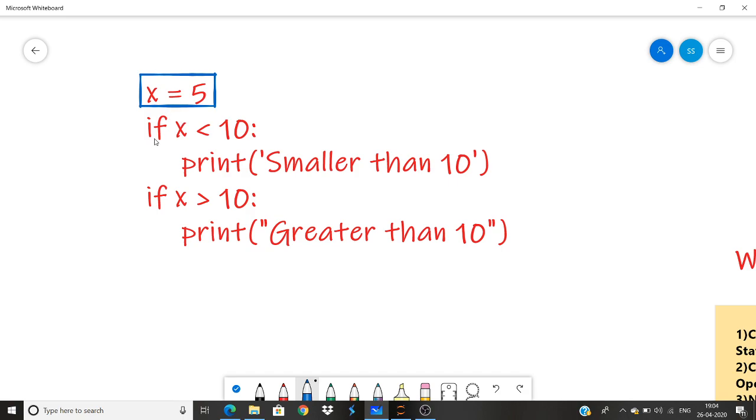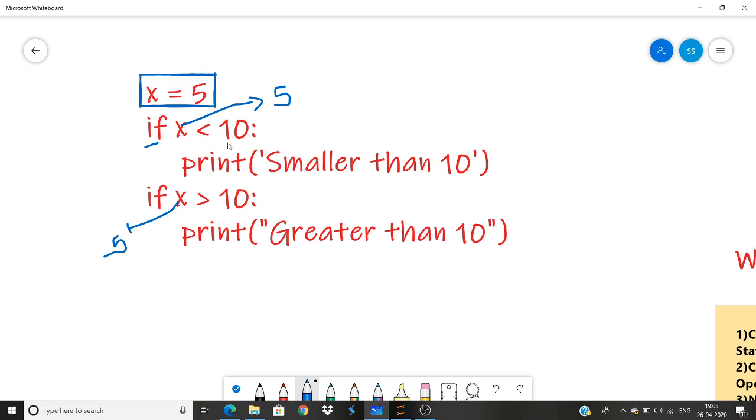Now it checks if. You write if, which is a reserved keyword, and it knows the value of x is 5, so it says okay, if x is less than 10, then we'll have to print smaller than 10. If x, which is 5 stored in the memory location, is greater than 10, then we'll print greater than 10.